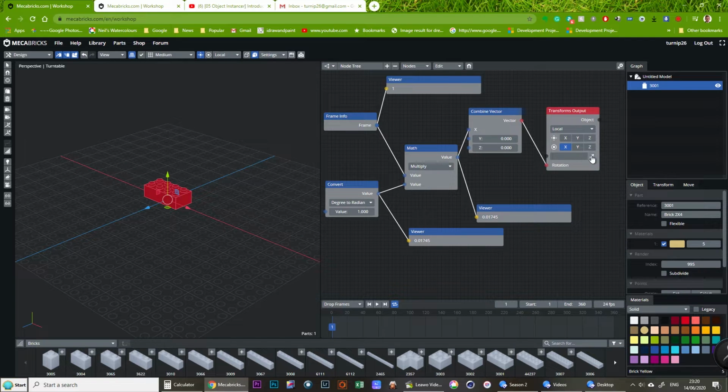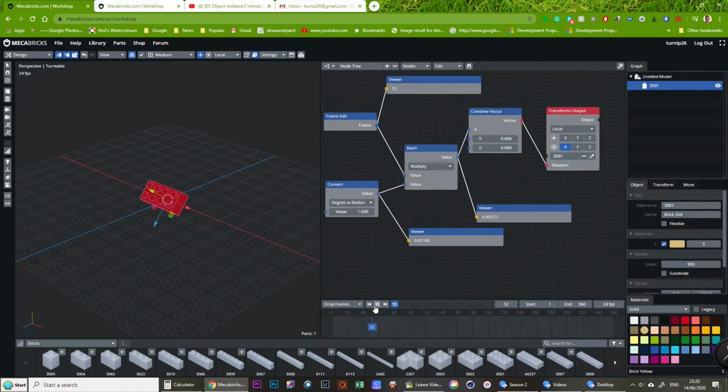Okay, so here we get the picker, and we select that brick. Now that can be a single brick, or it can be a group. So hopefully after I've shown you one brick rotating, I'll show you how you can quickly add some more bricks and rotate the whole thing. If you were doing something very simple like rotating a built model, it'd be quite easy to rotate the whole thing. It's as easy really to rotate the whole thing, providing it's grouped, as it is to rotate just one single brick. So now we've got that linked x-axis rotation,